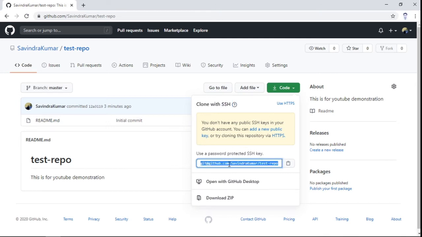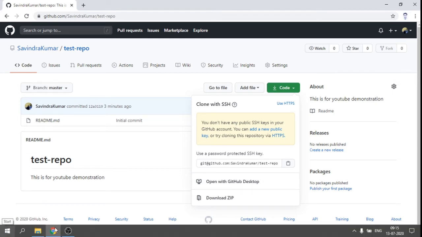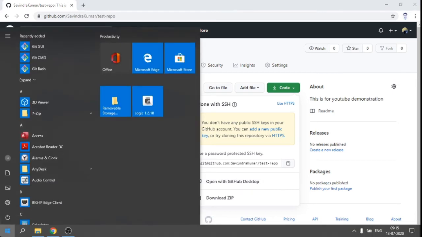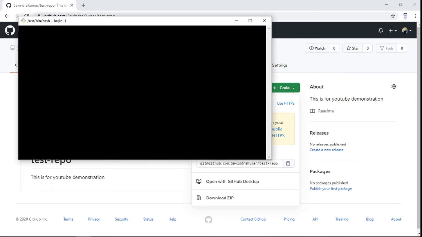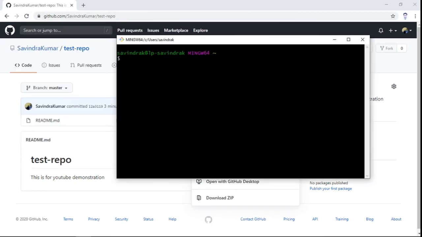So this is your remote repository path. You just click this icon and then you have to open the Git client you had installed in step first, that is Git Bash. This is a CLI interface on which you have to enter the commands.